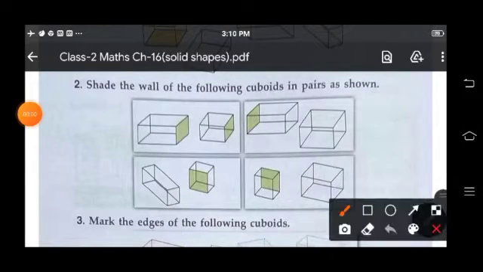So in this, children, see, you have to shade the walls in pairs. In this box, this side is shaded, in this box this side. Similarly here also this one and this one. Then here this one, again this one, and in this you can go for this. Okay.